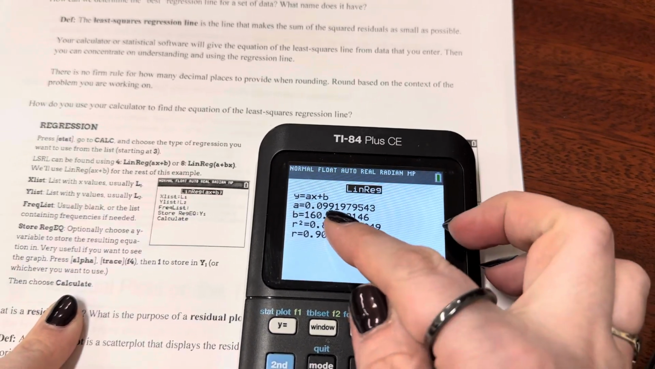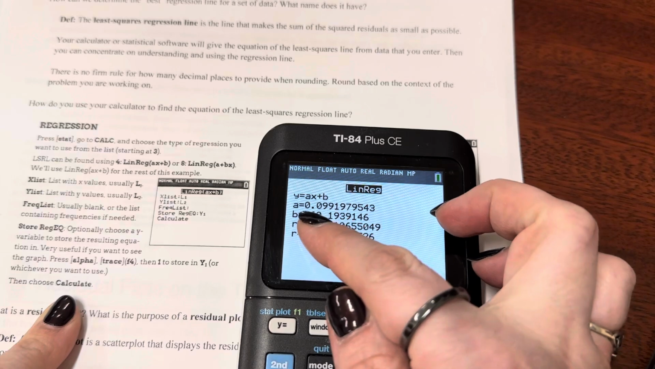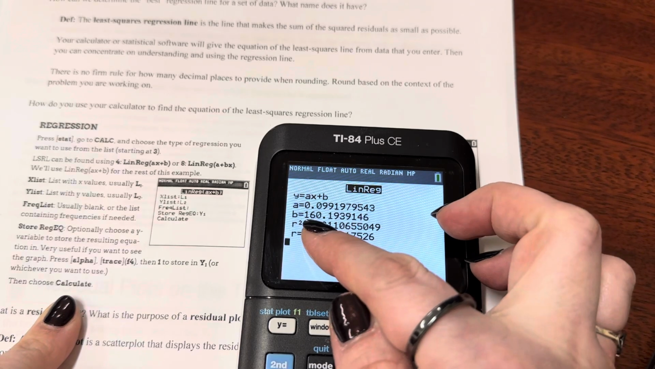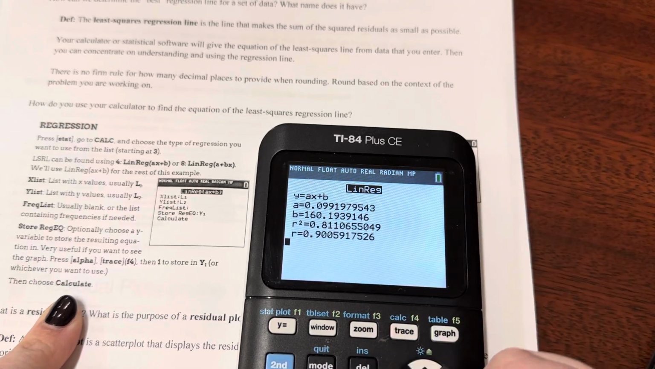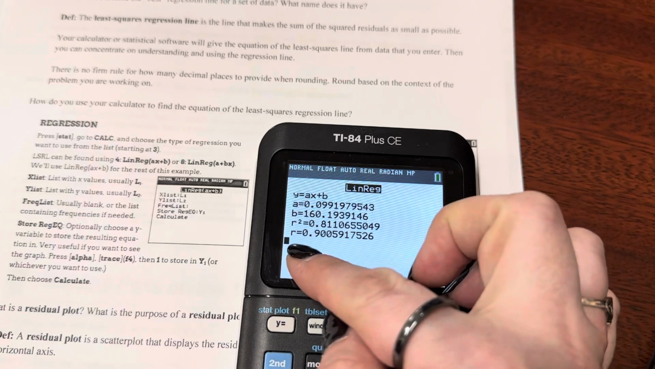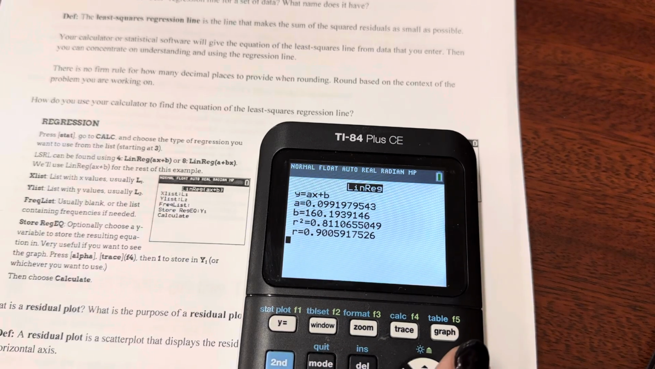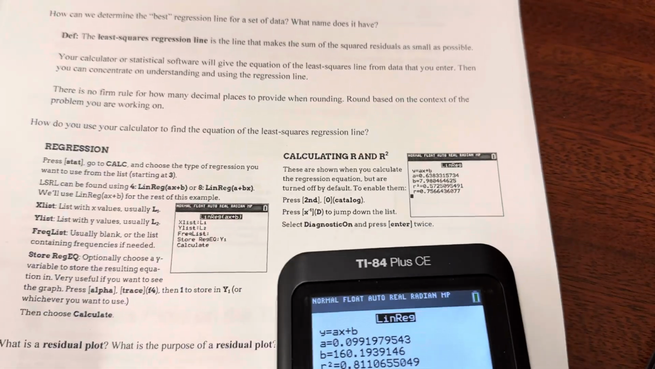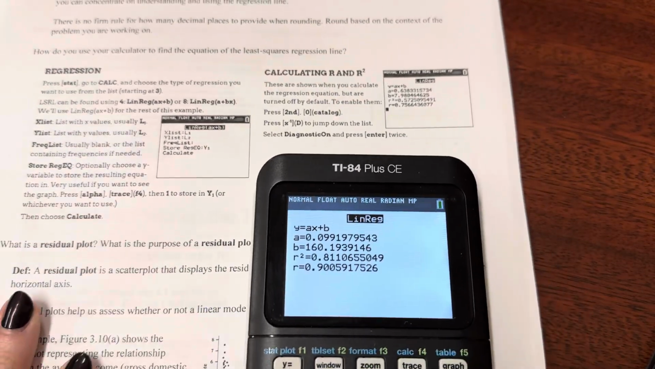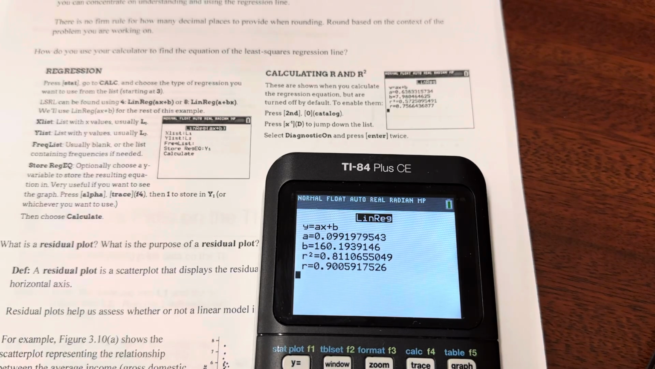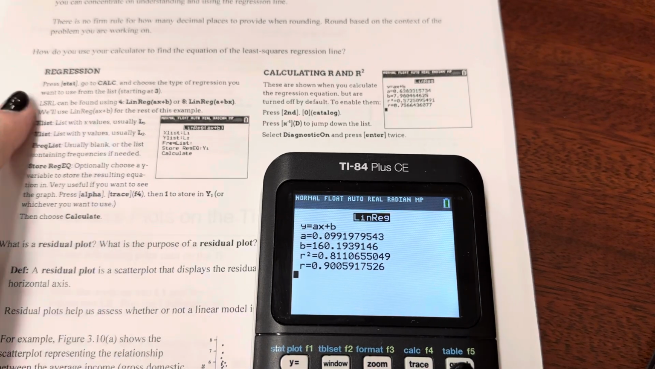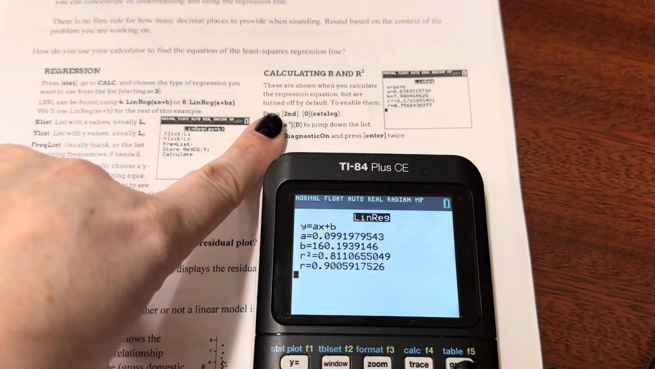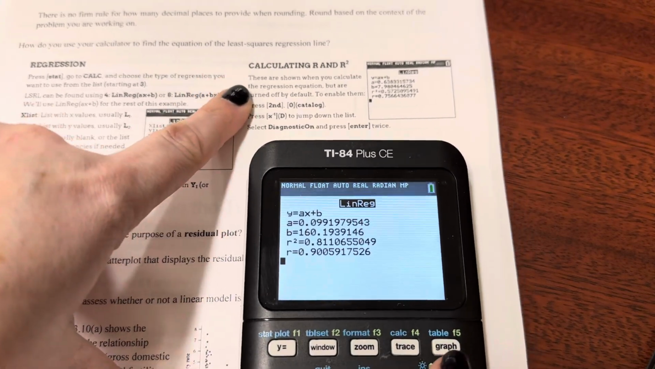And this just came up with my slope, my y-intercept, r squared, which you'll learn about soon, and my correlation coefficient. So this has a very strong correlation coefficient, but until we look at a graph, we can't really trust that correlation coefficient yet. All right, so we have our regression, and if we want to calculate r and r squared, now mine's already showing up,